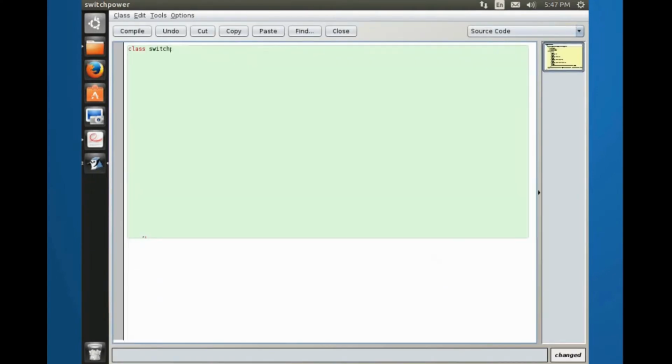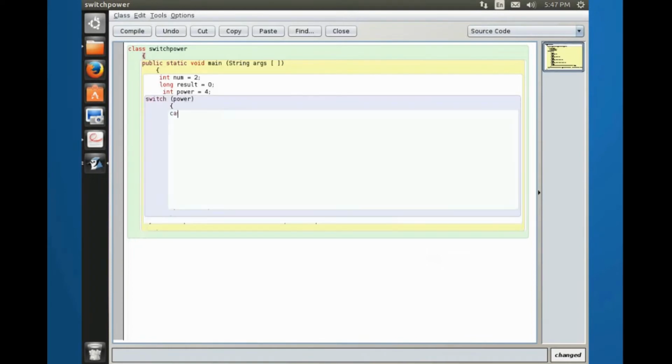Program: class SwitchPower { public static void main(String args[]) { int num = 2; long result = 0; int power = 4; switch (power) { case 1: result = num; break; case 2: result = num * num; break;